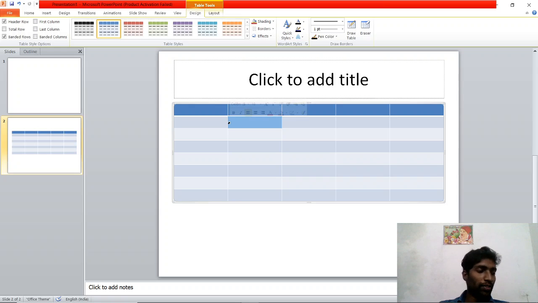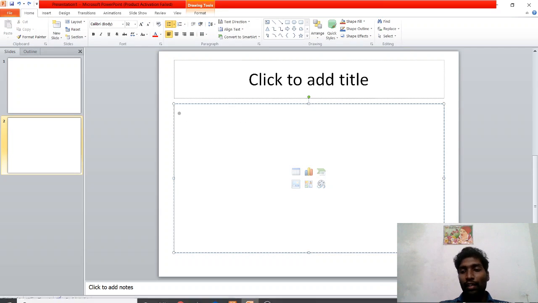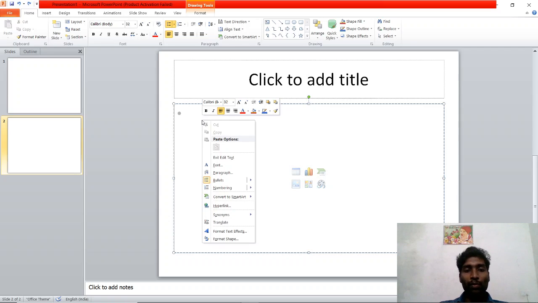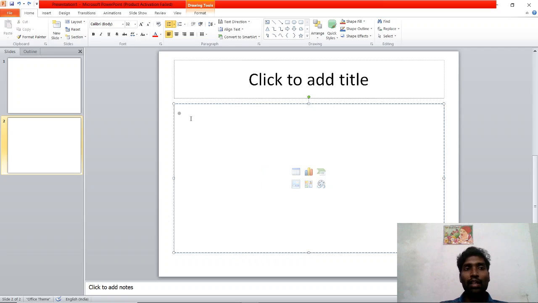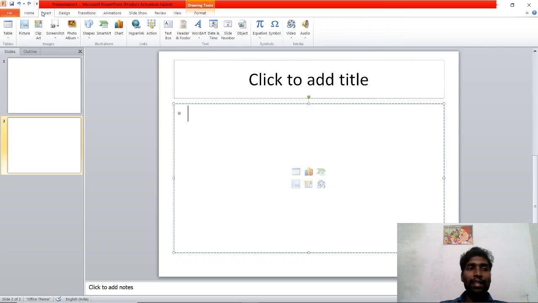And now my dear students, first of all, in our PowerPoint, how to insert a table. If you are going to insert a table, my dear students, there are so many ways. First way: as usual, in the menu bar, select the Insert tab. In the Insert tab, you can see Table. This is the first method I am saying.